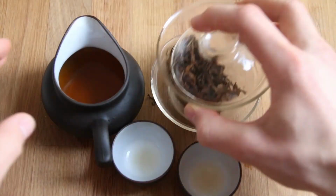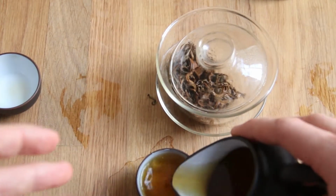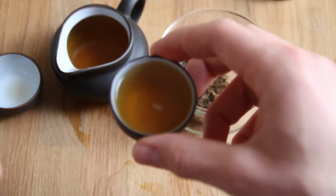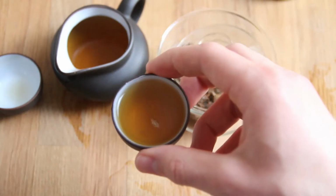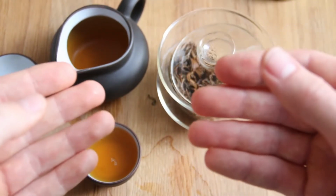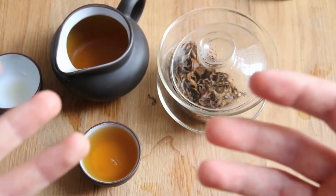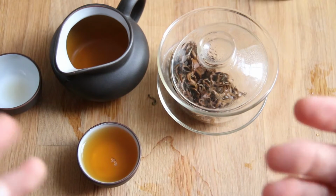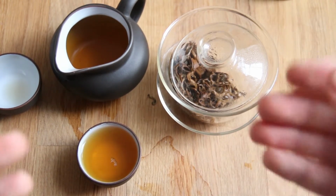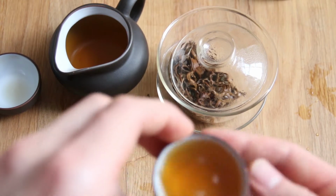Right, so now we're getting on to the second steeping. What I like to do when I'm drinking tea is to get a real sense and a real understanding of the flavors that go into the tea. You want to drink it in small amounts, so these small Gongfu cups are actually perfect, which most people in the West don't quite understand. And what you do is you get it into your mouth, and you sort of hold it in your mouth, you flutter your tongue and breathe out through your nose. And because most of our taste sensors are in our nose, you're going to get all of those notes. So if you don't do that, you're really not making the most of the tea. So let's quickly get the...